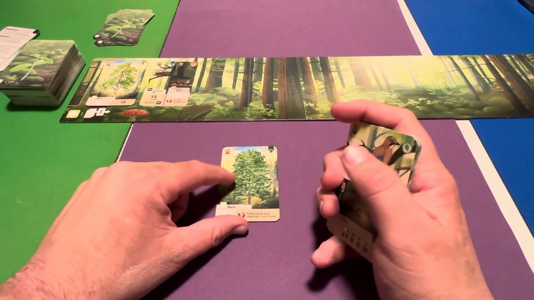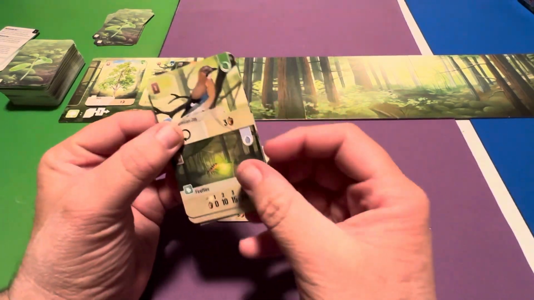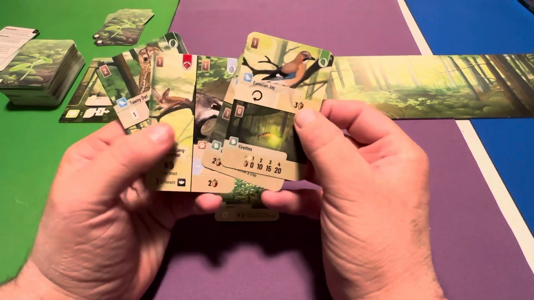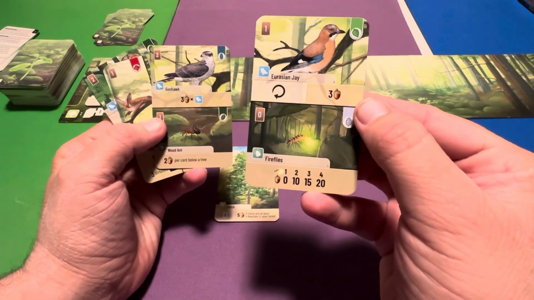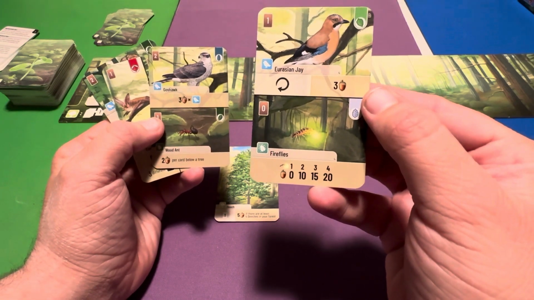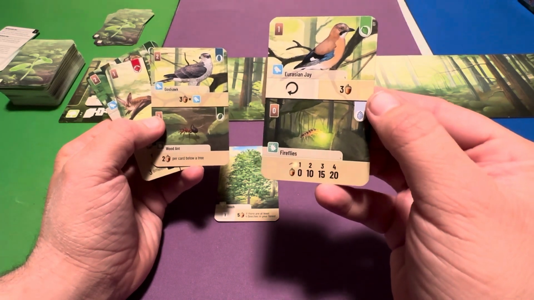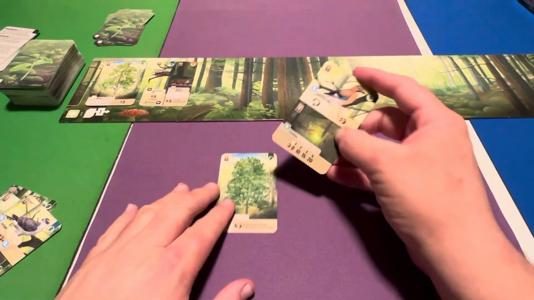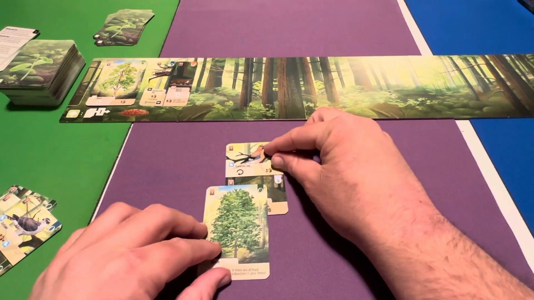Now, how do you play the other animals in the game? Well, or the other plants and things, right? You'll notice these are split. There are 2 things on here. There's a jay and there's a firefly. So when you play this, you can only play one of them. You can't play both. Because what you're going to do is cover up what you're not playing. So if I wanted to play this Eurasian jay, for instance,